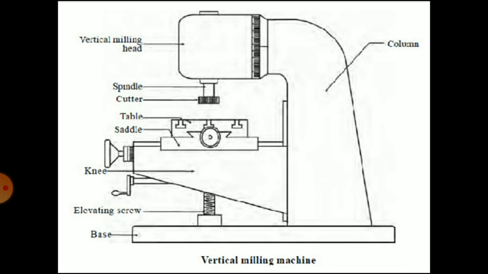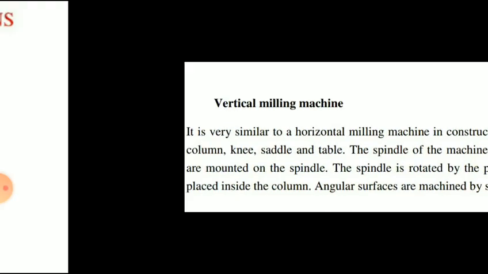So regarding the spindle head, this machine has a vertical head and spindle. The same feed and adjustments are available as those of a horizontal milling machine. The overarm provides strong support to the spindle. On some models, the head can be moved up and down to perform operations like grooving, slotting, die forming, drilling, boring, etc. The head can be swiveled at any angle around the horizontal axis. So this is regarding the vertical milling machine.